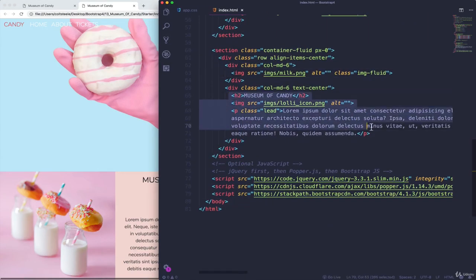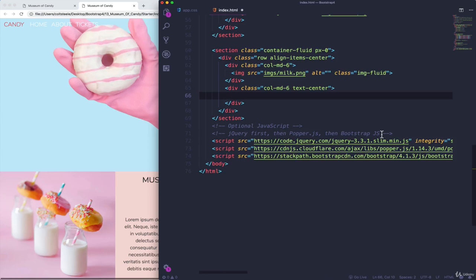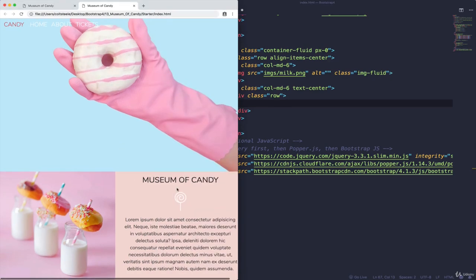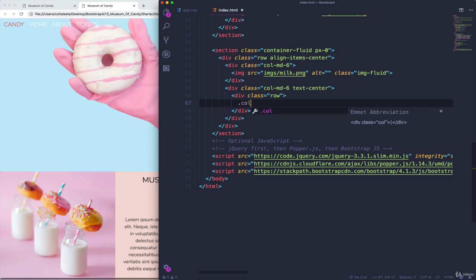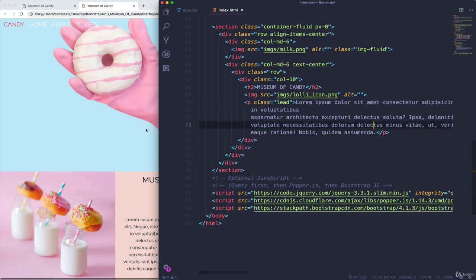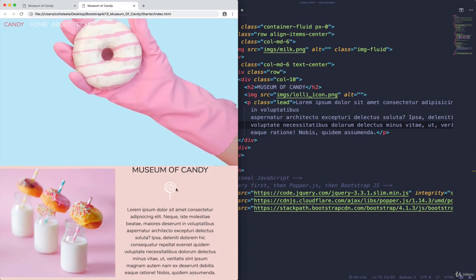Basically, I'm going to take all of my content right here. I'm going to cut it out for a moment, and I'm going to make another div with the class of row. And inside of this, I'm going to make another column. So when I say class equals row, I get 12 new units of space to work in, and I'm going to use up 10 of them to start. So it's going to be column 10. And put my content in there and save. And if I refresh, you can see now that I'm basically using 10 out of 12 of these units, but